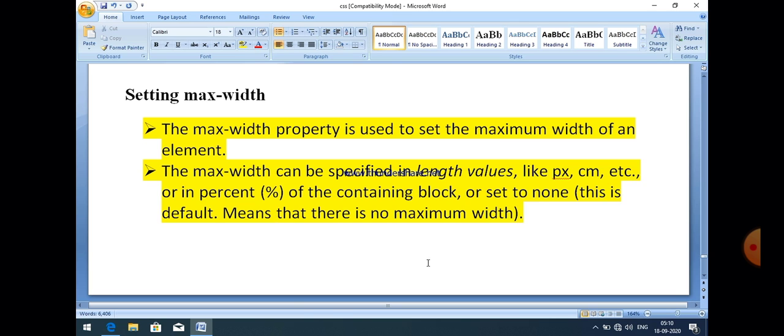None is the default, meaning that there is no maximum width. So you can define maximum width in terms of pixels and cm, meaning centimeters. Max-width, that is the name of the property.